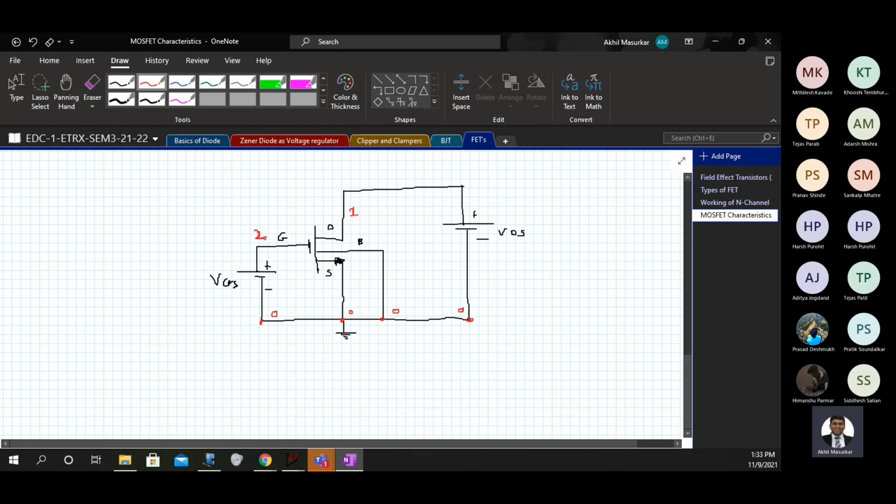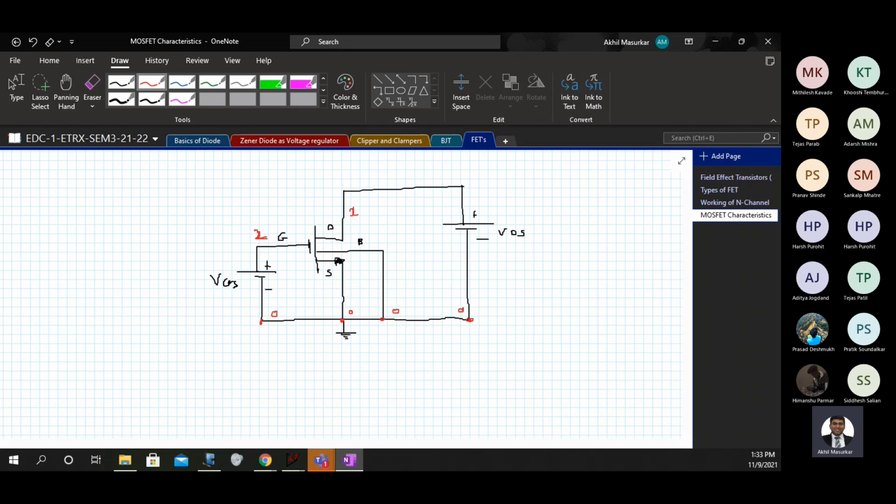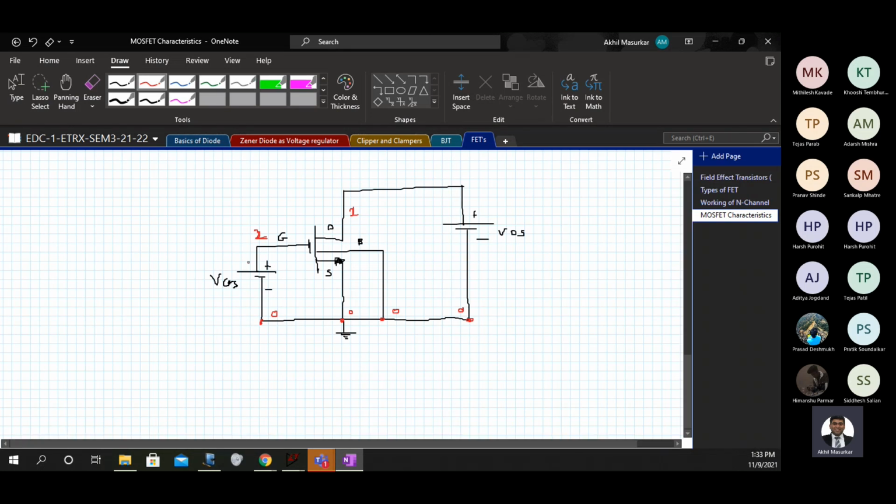This is 2, this is 1, and on this side all the nets are 0. So you can see that VGS is connected between 2 and 0, VDS is connected between 1 and 0, source and body are connected to net number 0, and the current always flows from drain to source.